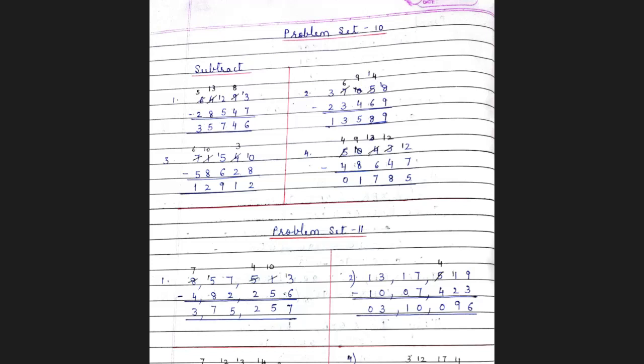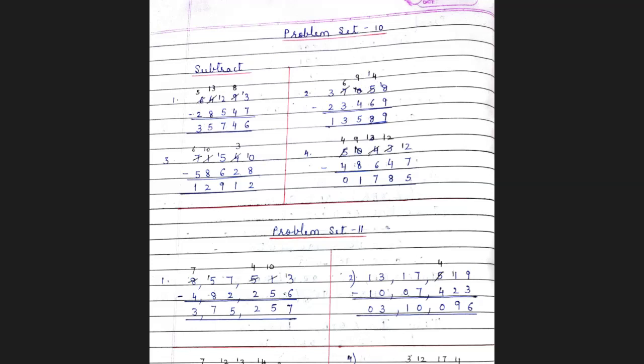Okay. 13 minus 7, 6. 8 minus 4, 4. We go to the next number 2. 2 minus 5 is not possible, 2 being a smaller number. It borrows a number from 4. So it becomes 12 and 4 becomes 3. 12 minus 5, 7. Now 3 minus 8, since not possible, again borrows a number from 6, it becomes 13. 13 minus 8, 5, and 6, since it's given a number, 6 will reduce by 1 and becomes 5.